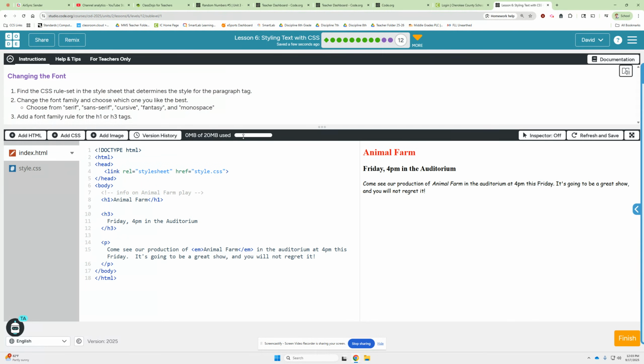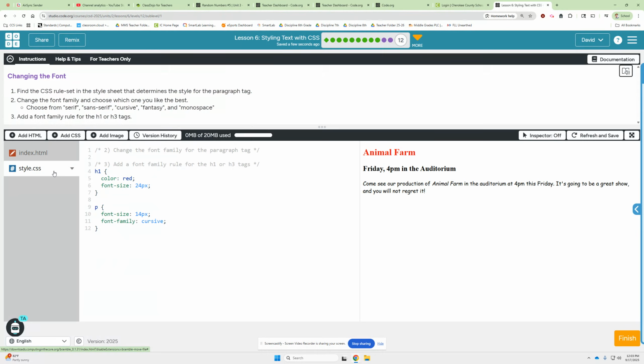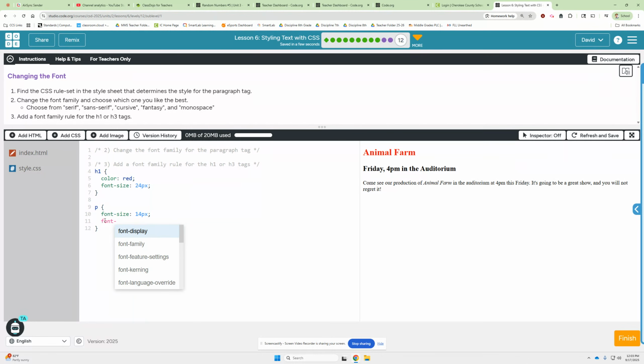Changing the font. Find the CSS rule set in the style sheet that determines the style for the paragraph tag. So let's go to the style sheet. Line 9 is where our paragraph rule set is. And specifically, we're looking for changing the font family to anything we like. So let's do that. Let's take cursive out here. And then does it give us options? No. So best thing to do here is just start typing font-family, select it, and then choose from this list. We'll go with fantasy for now,